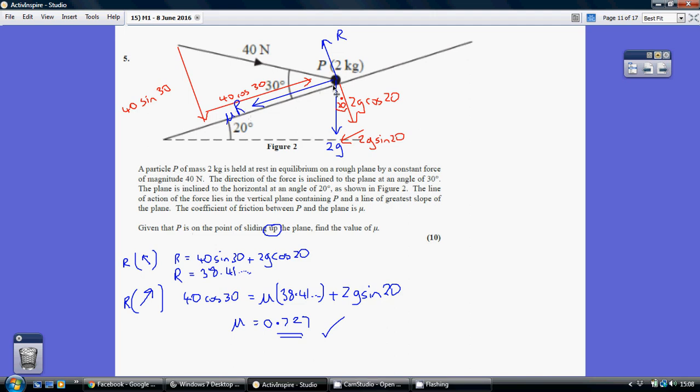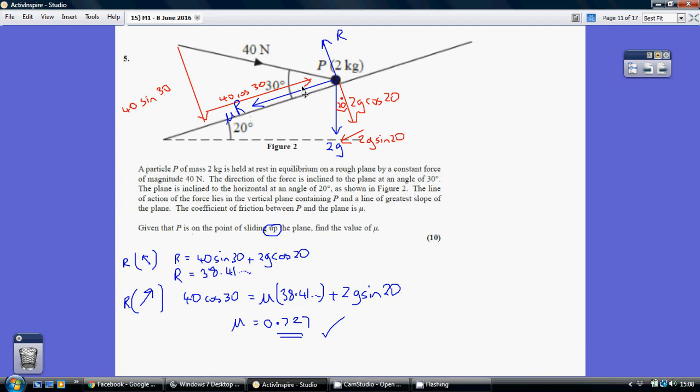And then the only other thing I need to do to make sure all my forces are broken down to either being parallel to the plane or perpendicular to the plane is to break down this 40 newtons here. So breaking that down into this component and this component, we have this being 40 sin theta, obviously that's opposite to the 30 degrees, and this component here in red is 40 cos theta. And again, just really take your time getting your diagram sorted, put all the arrowheads on,